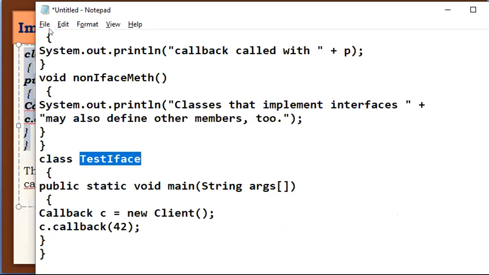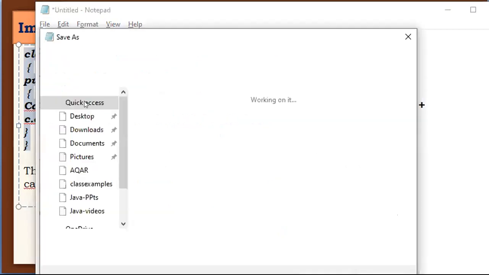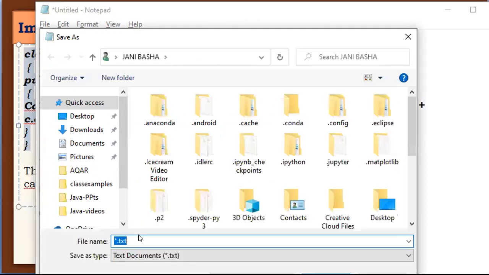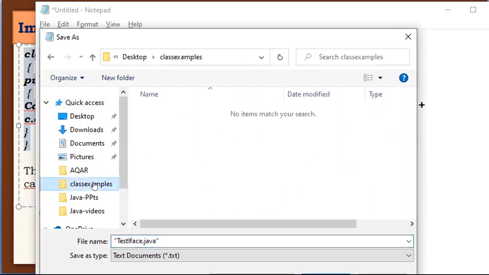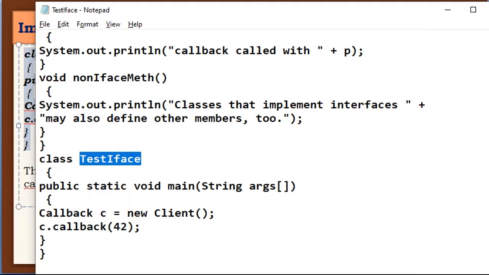Now I'll save it as TestIface.java. I'm storing this in the class examples folder where our class examples are stored.